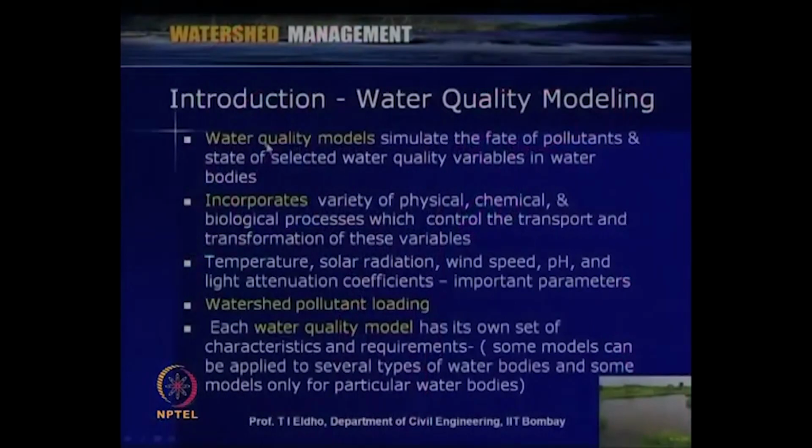Water quality modeling means that through mathematical or various types of models we are trying to understand how, within a system like a control volume or within a domain, the pollutant or the contaminant plume is moving, or how it behaves within the system. That is what we are trying to study when we talk about water quality modeling. It can be either surface water quality modeling or groundwater quality modeling. Let us look into the various aspects of this water quality modeling.